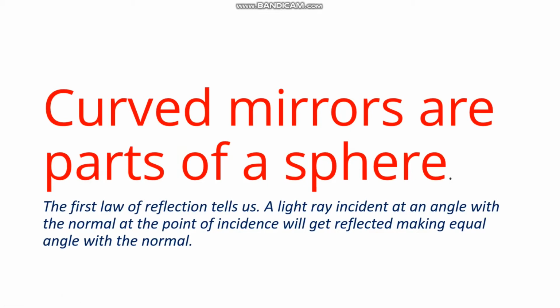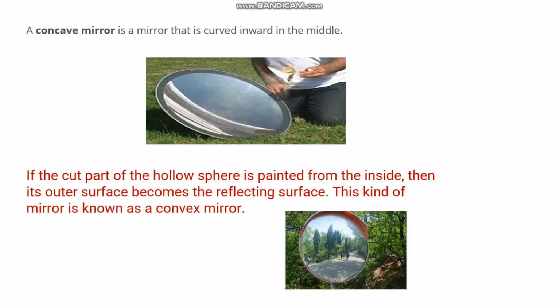Children, let's see the reflection of light at curved surfaces. These curved surfaces are parts of a sphere. When we coat them with some paint, they act like a mirror. These all also obey the laws of reflection. You see here in the picture,